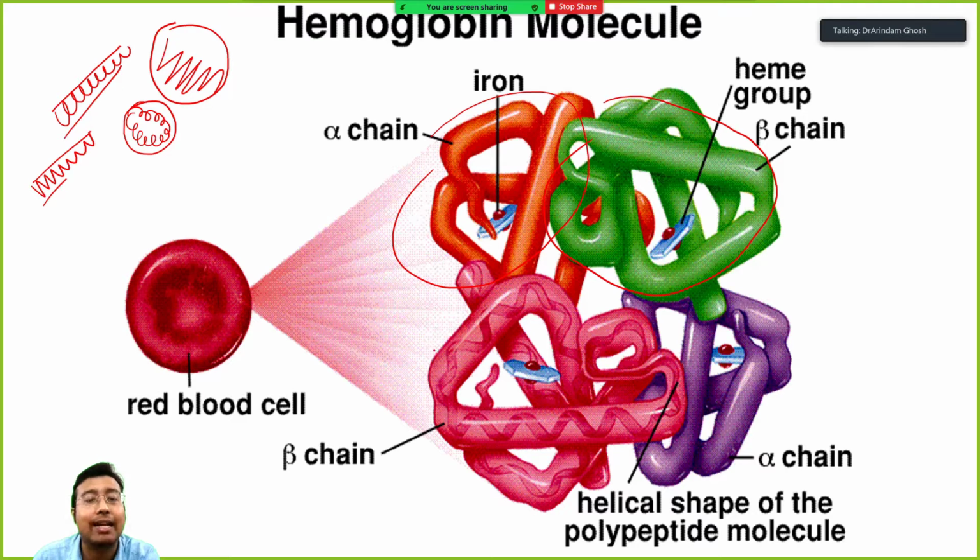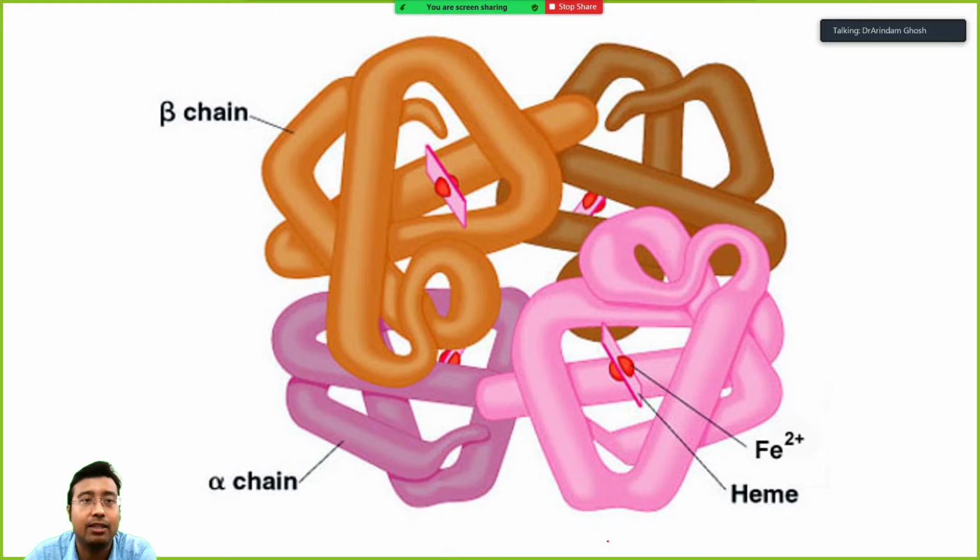So if we look at the secondary structure, we will see that these alpha and beta chains are actually helical in shape. These helices fold among themselves to form a spheroidal or globular protein. Very, very important. The constituent polypeptide is helical in shape. So remember, this is an exception: a globular protein whose secondary structure is alpha helical. Otherwise, alpha helical secondary structure generally represents a fibrous protein. Fine, I have told you this, and I am repeating it here.